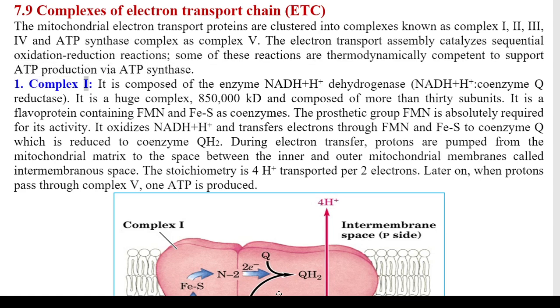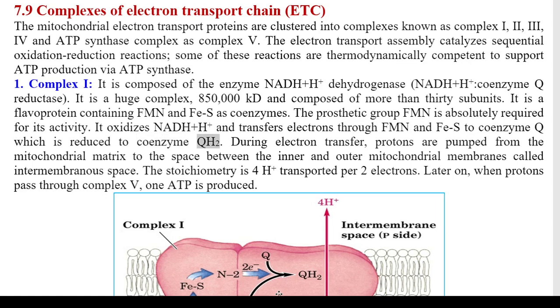1. Complex I is composed of the enzyme NADH + H+ dehydrogenase, NADH + H+ coenzyme Q reductase. It is a huge complex, 850,000 kD, and composed of more than 30 subunits. It is a flavoprotein containing FMN and FeS as coenzymes. The prosthetic group FMN is absolutely required for its activity. It oxidizes NADH + H+ and transfers electrons through FMN and FeS to coenzyme Q, which is reduced to